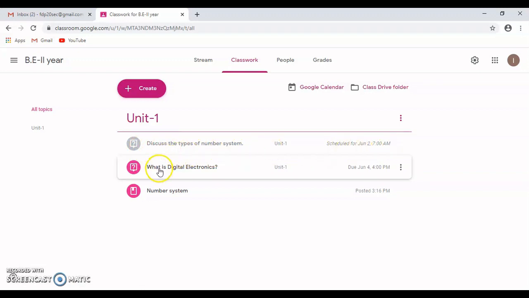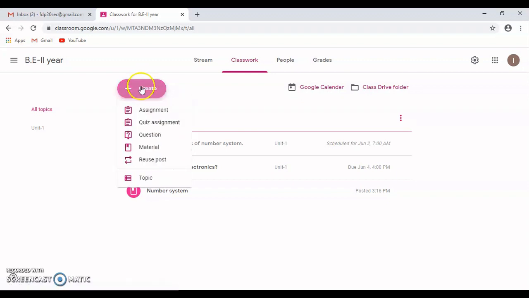Now again, let us upload a quiz assignment. I click on create. I click on quiz assignment. I type the title here.